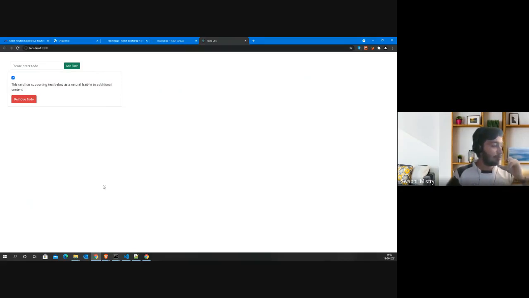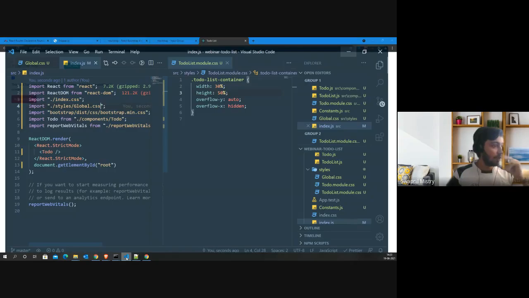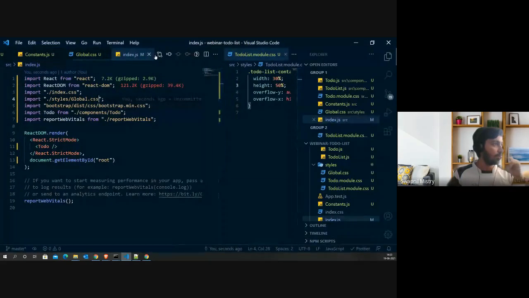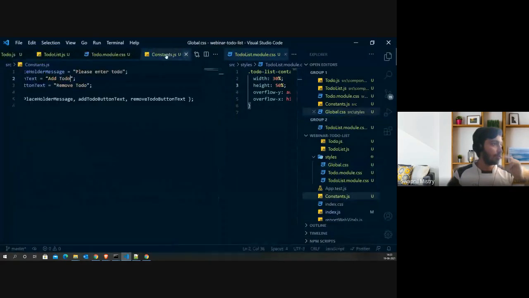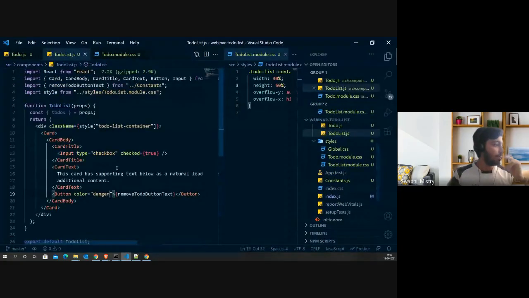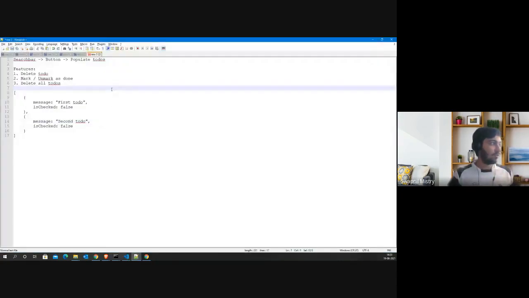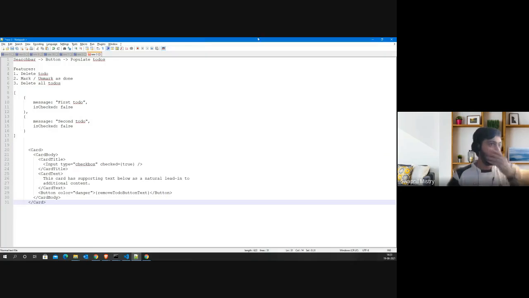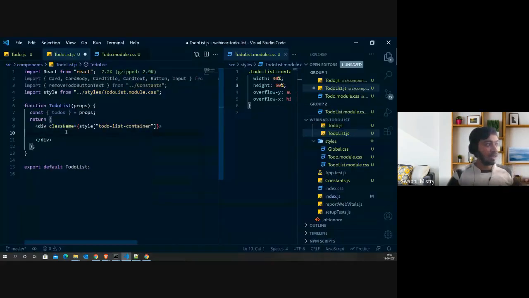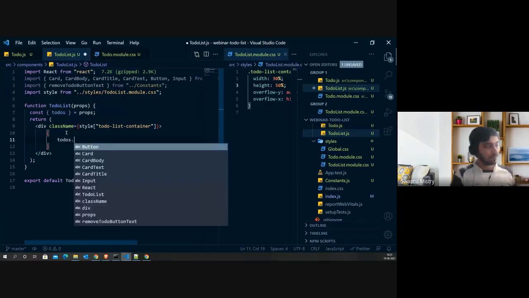It's relatively simple. Okay, so since we have our UI ready with us, I will close the remaining tabs which are not needed as of now. Okay, so now this is one thing which is ready with us. I will copy it and store it somewhere as of now. Okay, let's just keep it over here. So now we are already having to dos with us, right? So what we will do is we will check for a couple of things before iterating over the list which we are having. So we will check whether we are having length or not.